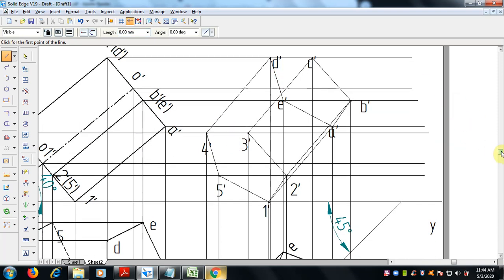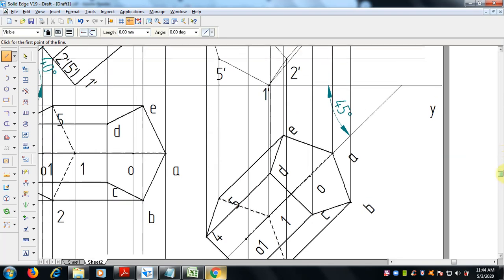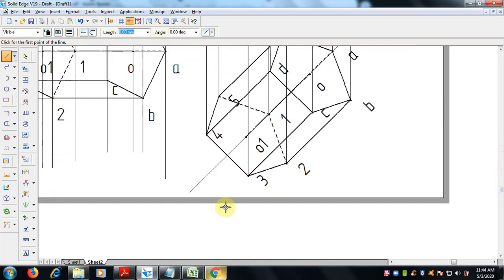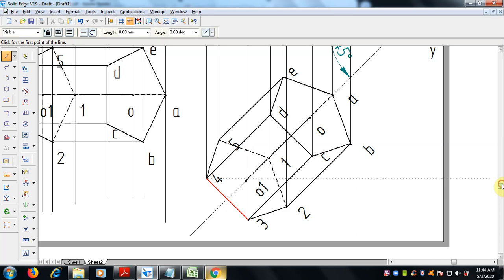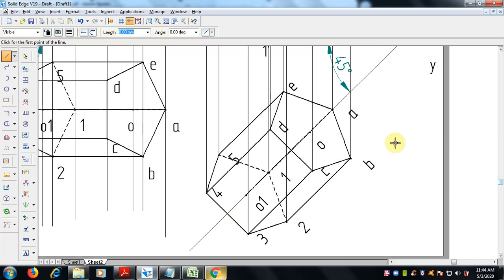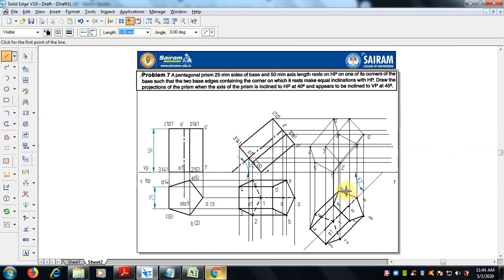So here now we are going to draw the front view after inclination. We are seeing here that the bottom face will be visible and the top won't be, since it is near to the reference line. I will tell. Okay, so first let me finish the visible edges.